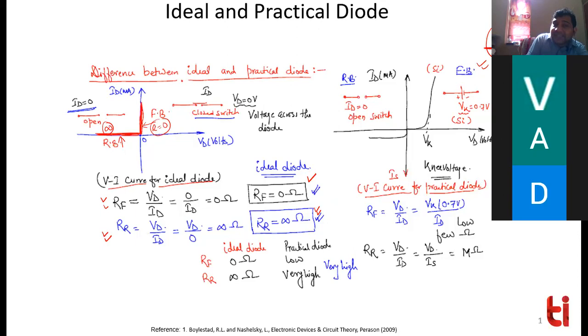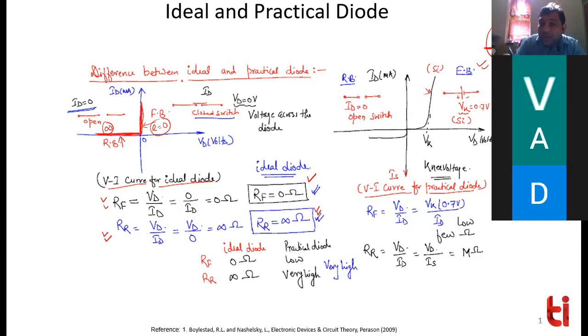But practically, you don't get this. You can never get this. आप ऐसा मिल ही नहीं सकता. Because as soon as you have made the PN junction, because of the charge carriers present, because of the resistance of the material itself, you cannot get an infinite current with a zero voltage drop. कुछ ना कुछ voltage drop तो होगा ही. So this is your practical diode. The characteristics of a practical diode are somewhat different from the ideal diode.